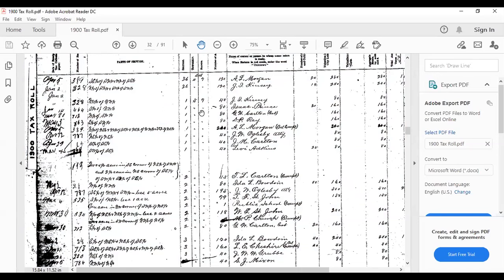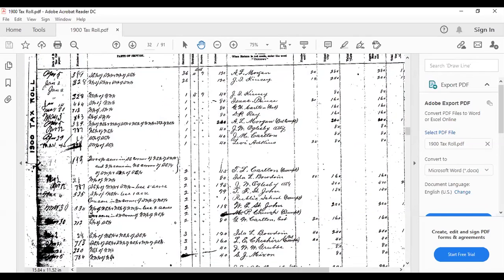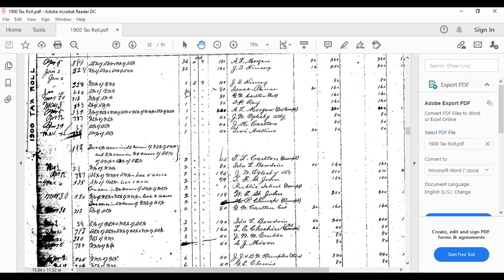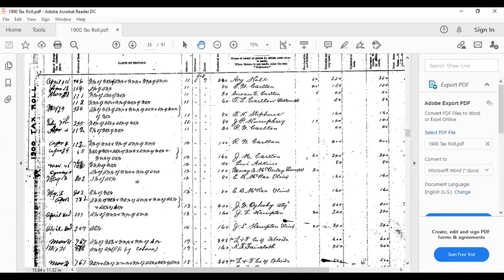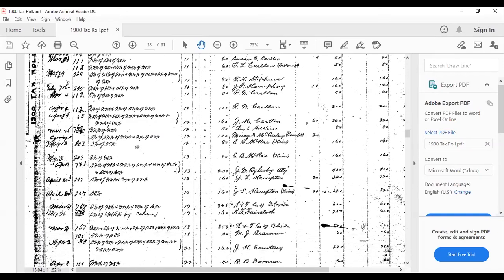So this is section 1 in 5-7. I need section 13, so I'm going to keep following the section column here. Here's section 1, section 2, section 11, section 12. Aha! Section 13, right here. Wow, only 3 owners. As of 1900, only 3 people owned property in section 13. What that tells me is that somebody in here has a lot of property in that area. So let's look and see who they are.